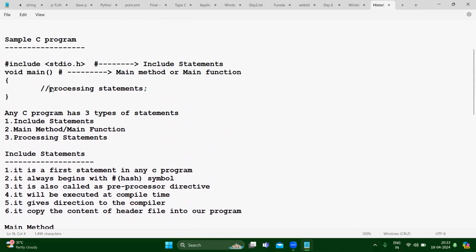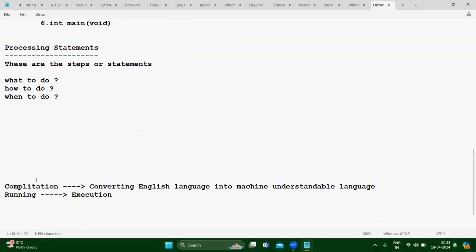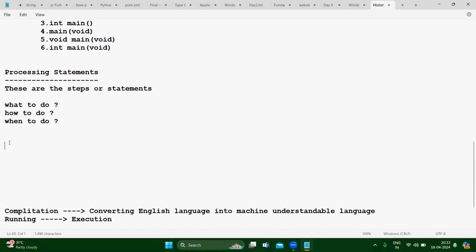At the end of every statement, it's mandatory to mention a semicolon. What is this semicolon? It shows that the statement is ending. So we need to call it a statement terminator.